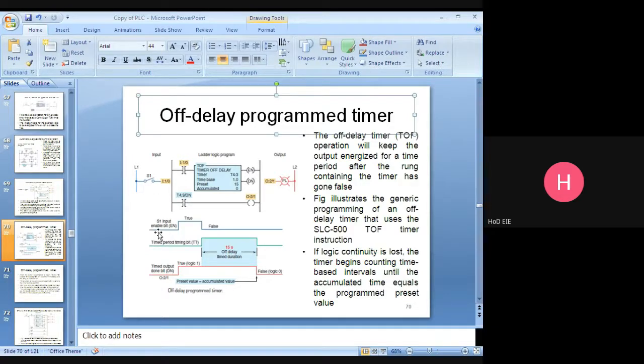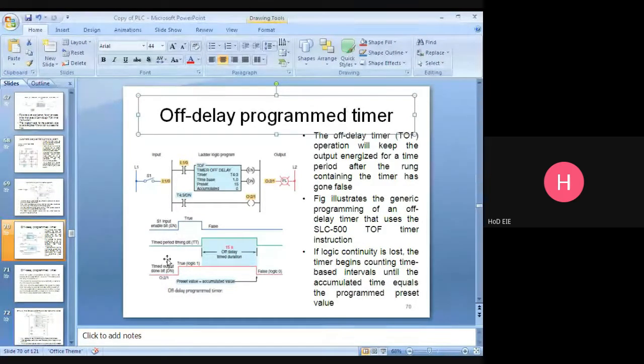This one is the enable bit, indirectly showing the input status bit. You just see this. This one is for input. We are taking this one as input. So the contact is open up to this point. Up to this point. Could you see the cursor movement? Yes, sir. S1 input up to this point, the switch is open. The contact is open.